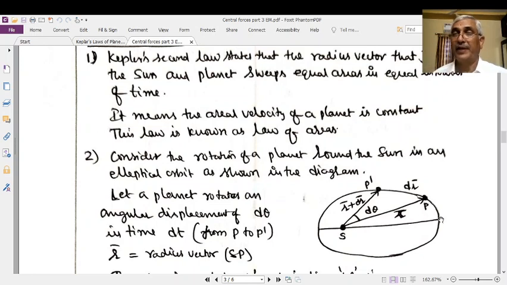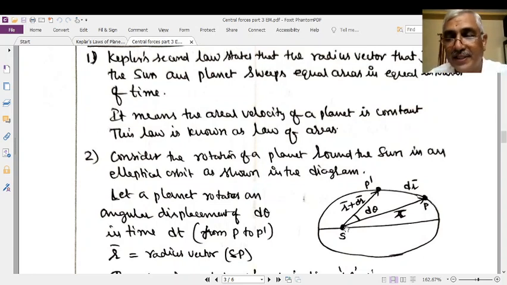It means that when Earth rotates around the sun, the radius vector of the Earth should sweep the same area in all months. In December it will sweep some area, and in May it also sweeps some area. This is the May region, and this is the December region. If it sweeps this much area in December, this area should be equal to the area swept in May. It means that in May, as it is close, it should move rapidly so that it covers the same area. I hope you understand.